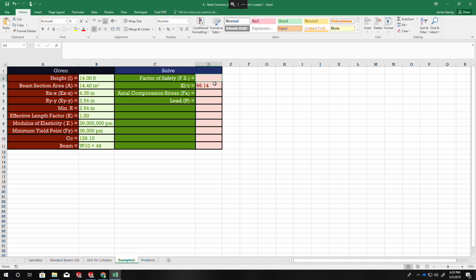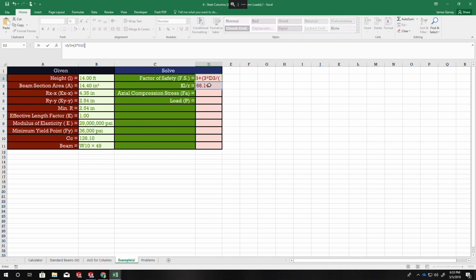Then the next step, we're going to do factor of safety. We're going to use this in our table, this equation. Not exactly the way I'm doing it right here, but same equation. It's 5 divided by 3 plus, it's a long equation, but it's not hard to put in, 3 times KLR. Oh, I didn't press equals, there we go, KLR divided by,